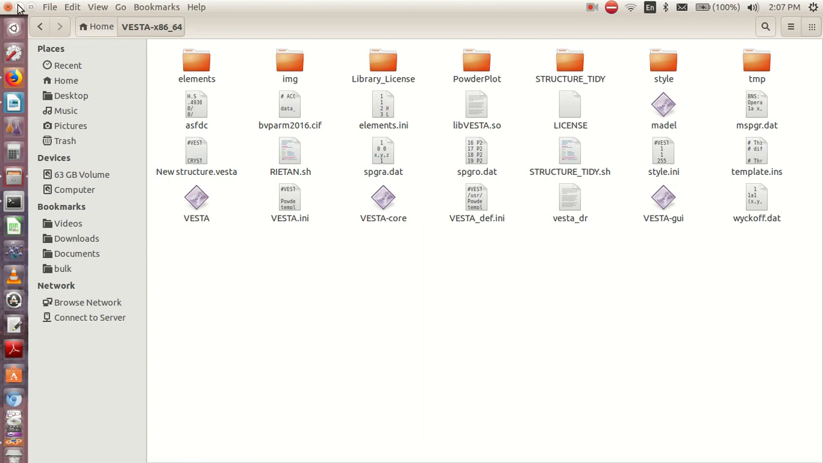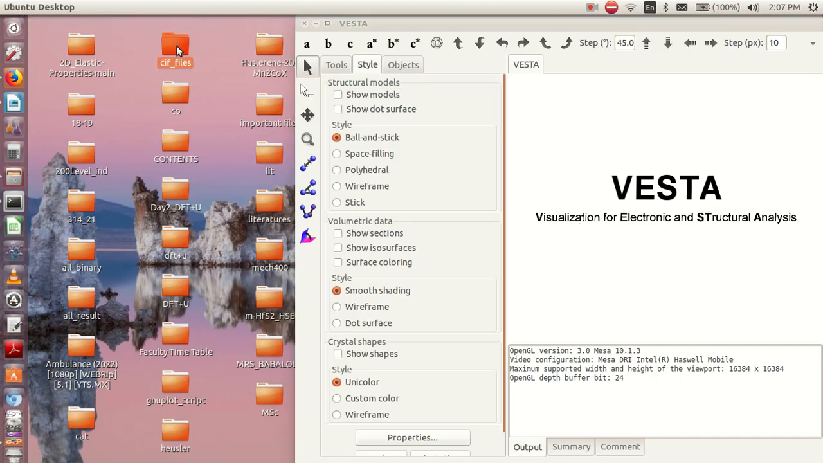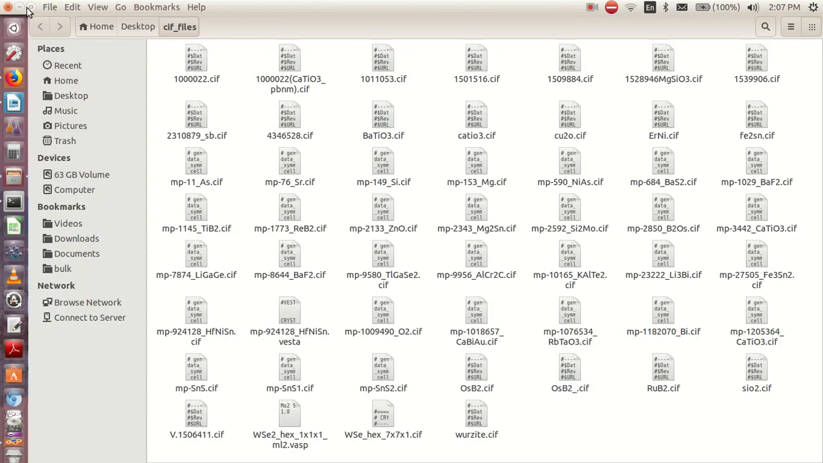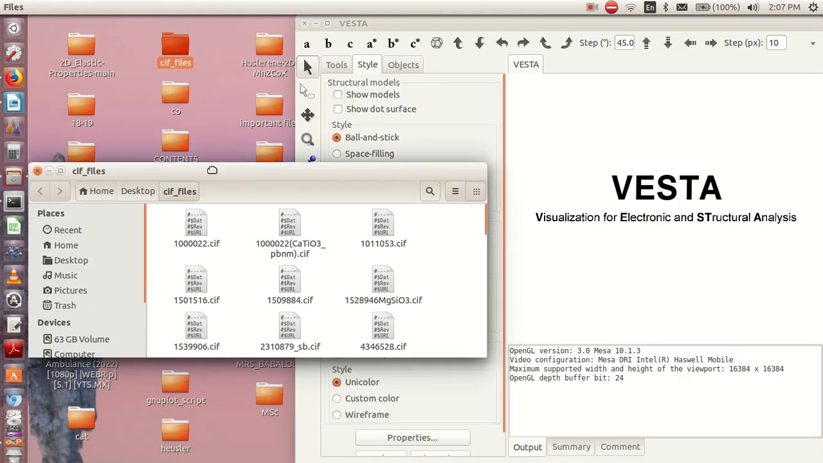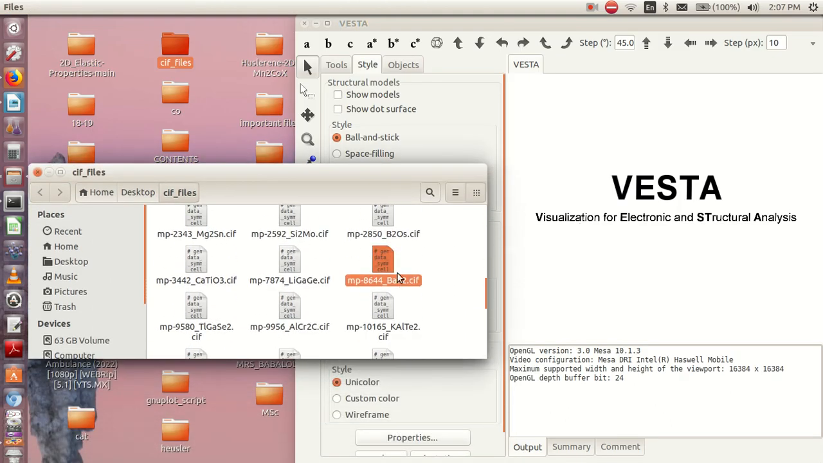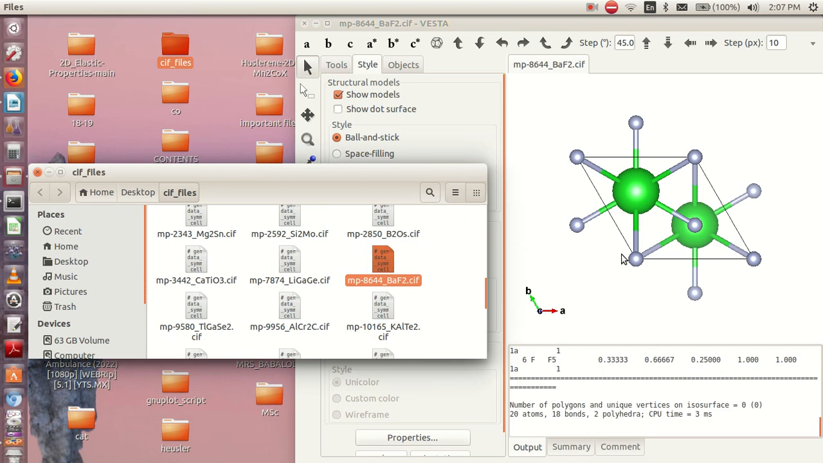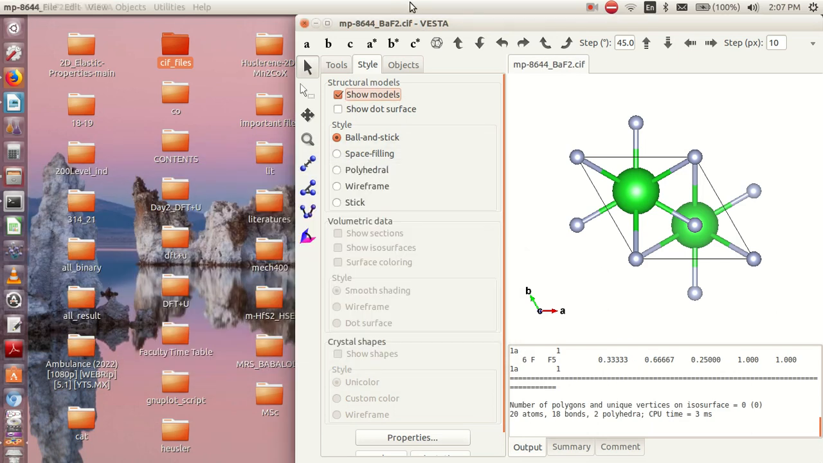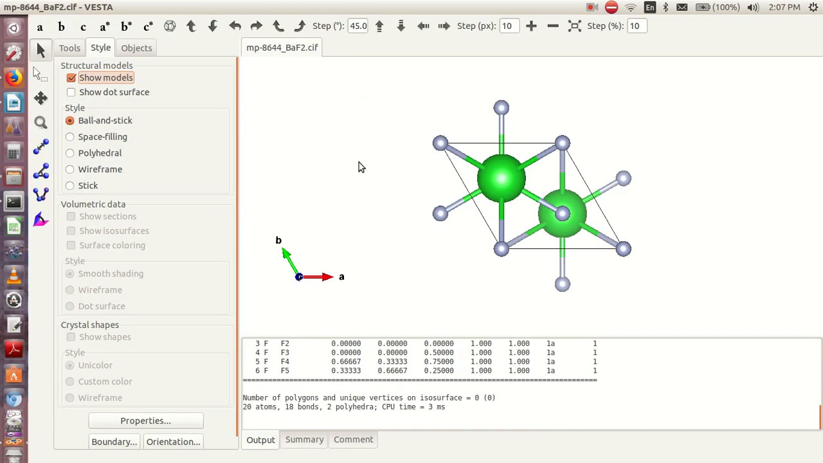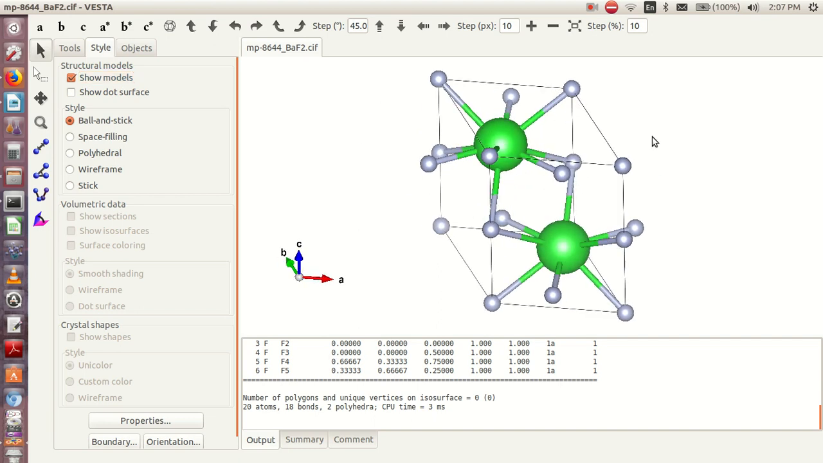Okay, then I go to a file called C file, and we can look for a typical compound, and let's say we pick this one. Then I can drag it here. I minimize, then I blow this one up. Okay, so this is a crystal structure,